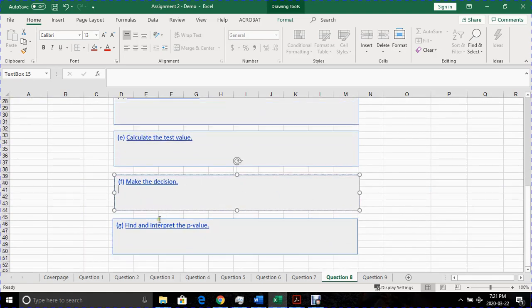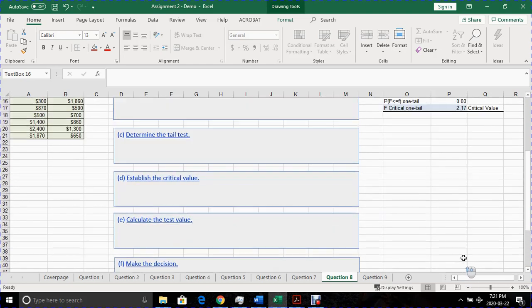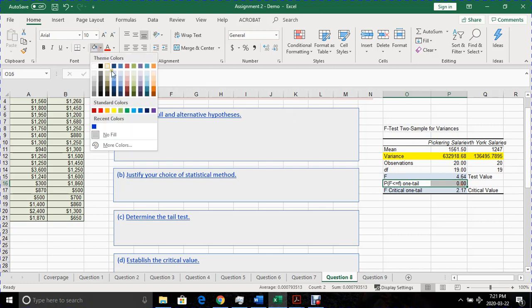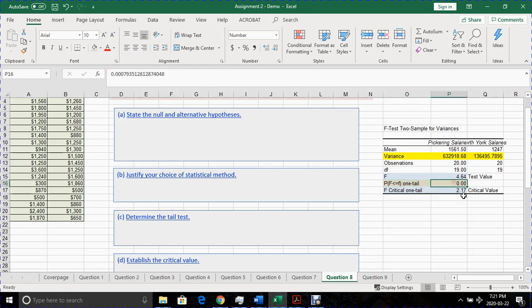Now, sub-question G asks to find and interpret the p-value. The p-value is given as this. That's your p-value. Your p-value does not necessarily have to be 0. So I'm going to expand a little bit on the decimal places to see, because we can have an error of 0. So I'm just going to expand more decimal places to give me that indication as to whether it's different from 0. And in fact, it is. The actual p-value is